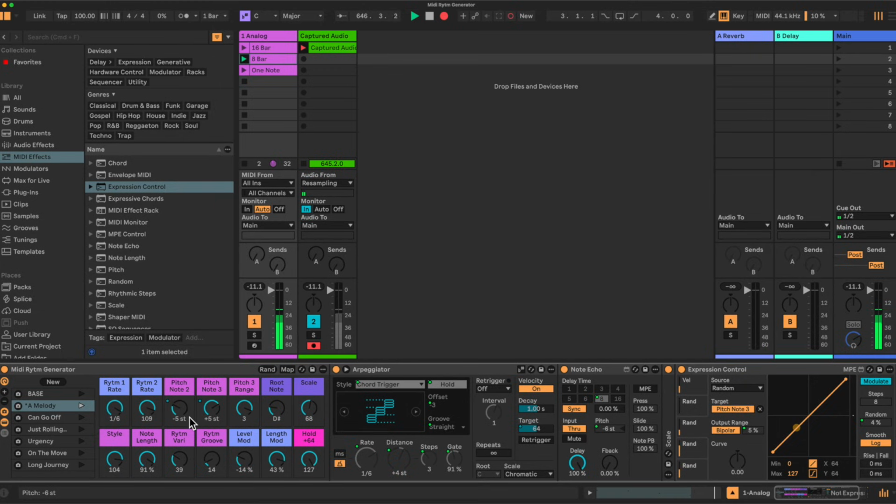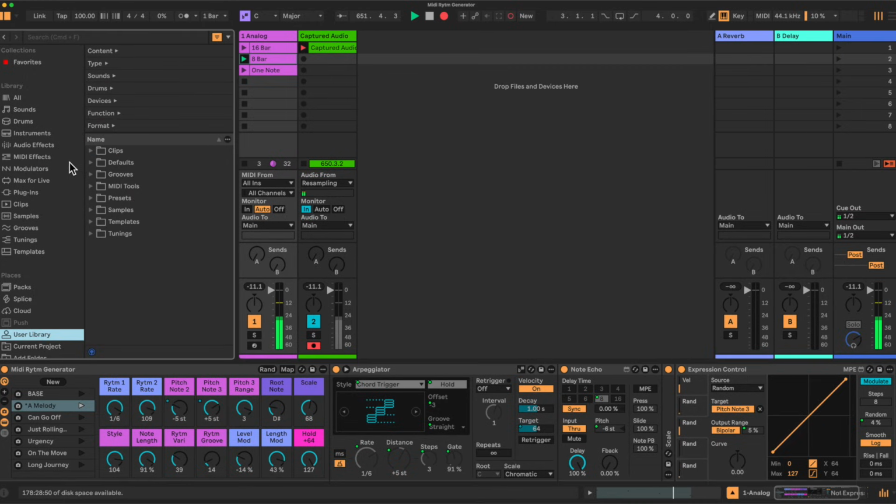Okay, as I say, when you find a rhythm you like, just save it as a new snapshot. The rack is saved here. Use the library, presets, MIDI effects, MIDI Effect Rack. You'll find it in here. Yeah, have a go,